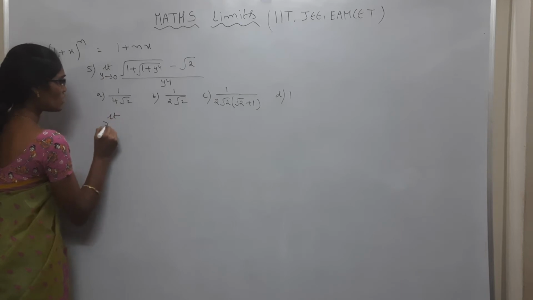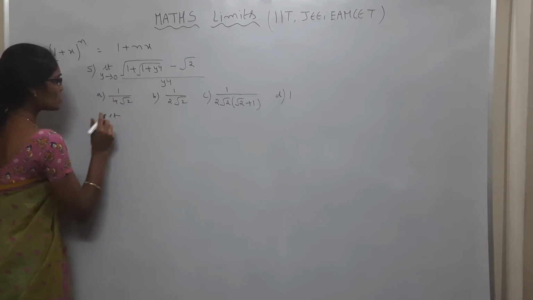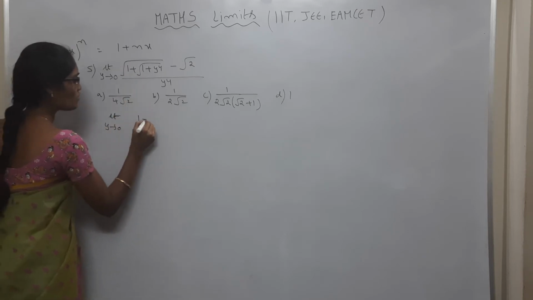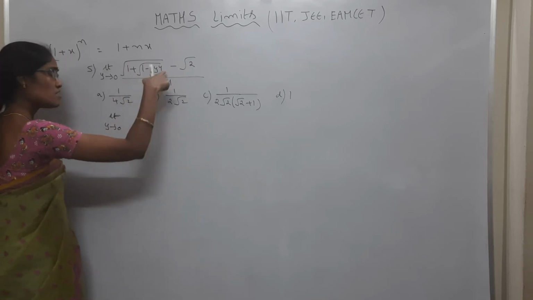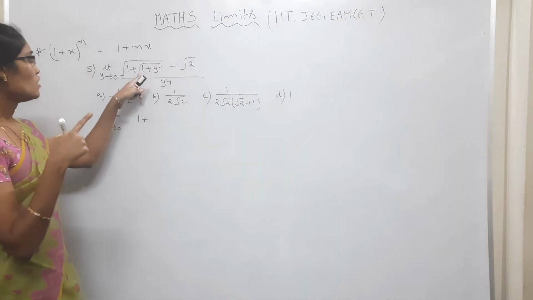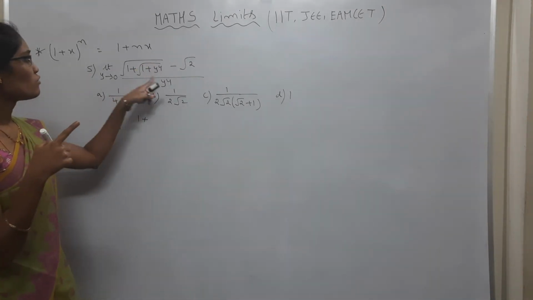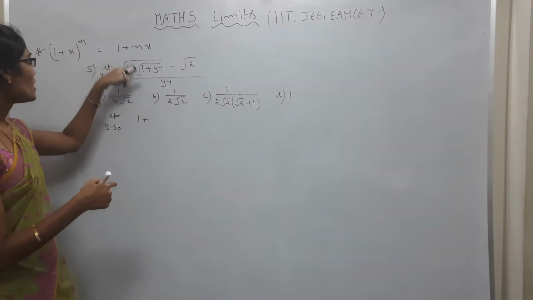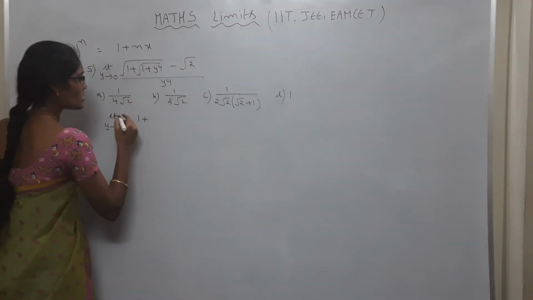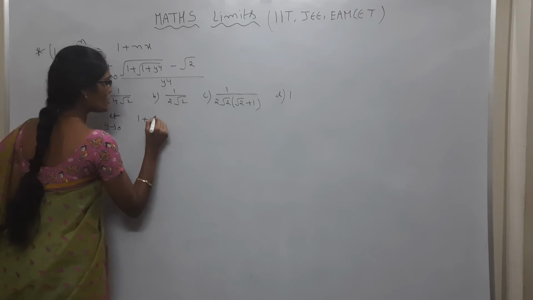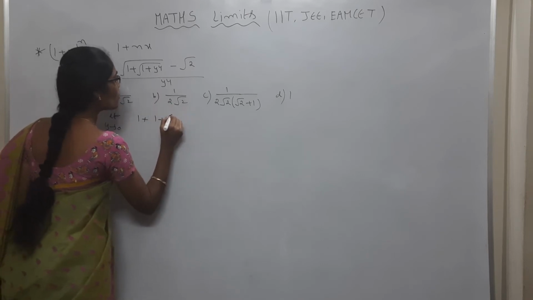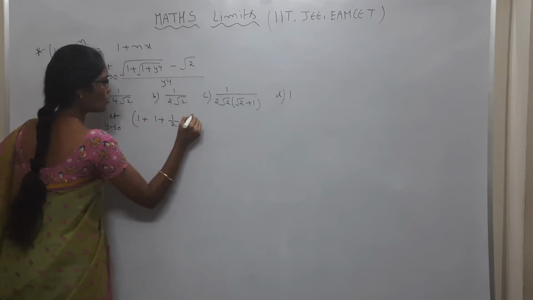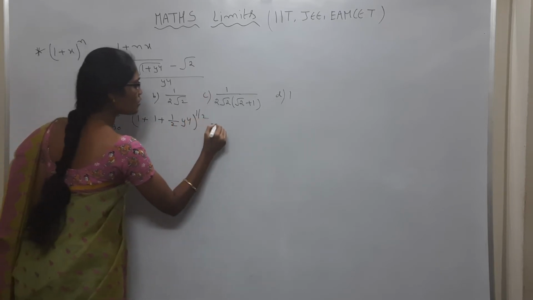How can you solve this one? Limit y tends to 0. First I am applying this formula to the inner root, the root of 1 plus y power 4. Here one more root is there, so first I am applying this formula to the first root. Okay, see here: 1 plus 1 by 2 into y power 4, whole to the power of 1 by 2,